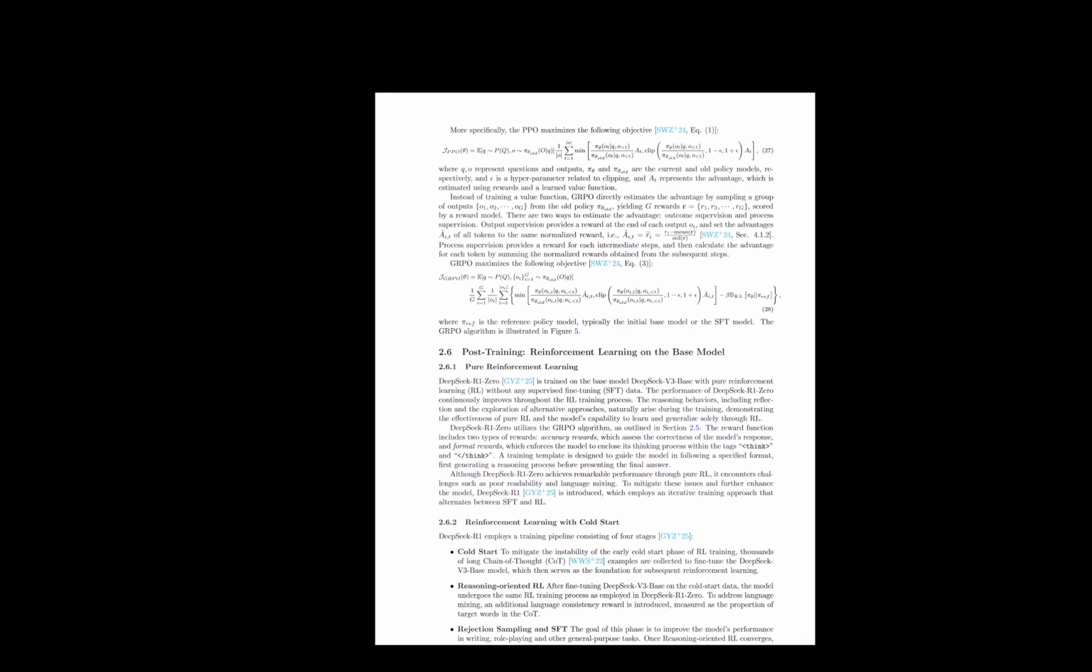DeepSeek R1-Zero utilizes the GRPO algorithm, as outlined in Section 2.5. The reward function includes two types of rewards: accuracy rewards, which assess the correctness of the model's response, and format rewards, which enforce the model to enclose its thinking process within the tags think and /think. A training template is designed to guide the model in following the specified format, first generating a reasoning process before presenting the final answer. Although DeepSeek R1-Zero achieves remarkable performance through pure RL, it encounters challenges such as poor readability